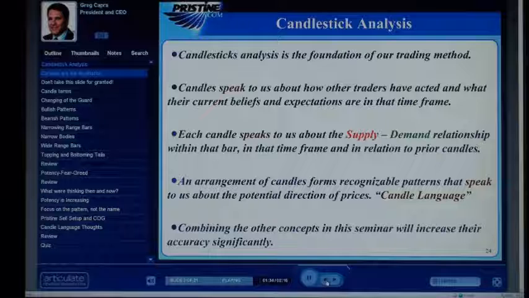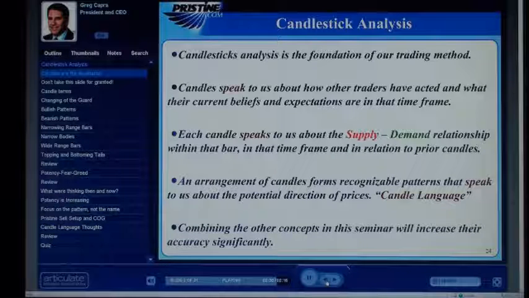That's what we're looking for. They are recognizable patterns that have occurred in the past with the expectation that those patterns have predictable value of what's going to happen in the future. Those patterns are going to speak to us about the potential direction of prices, again, why we call it candle language. And then we're going to have to combine the other concepts in this seminar to increase the accuracy of